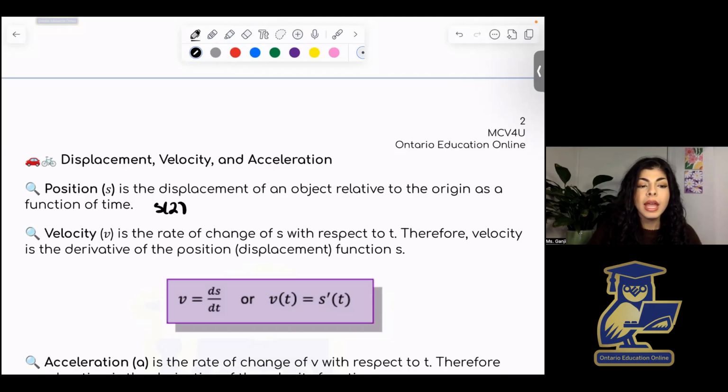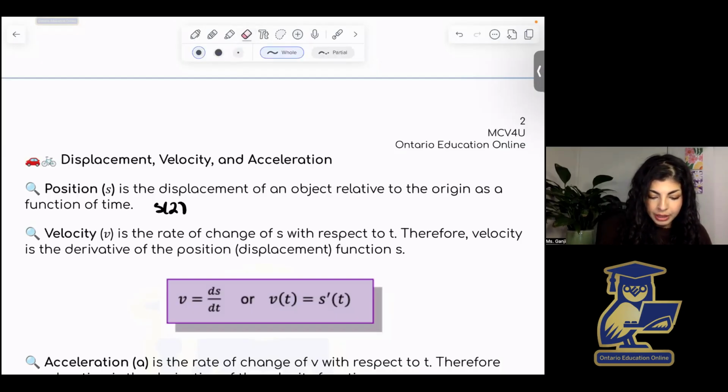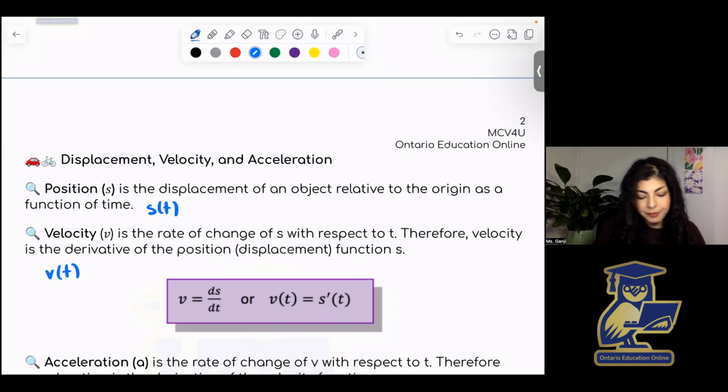Now, velocity is the rate of change of displacement with respect to t, because again, that's our input variable. So maybe let me write that here. This is really s of t as a function, and then this one would be v of t. And so velocity is actually also the derivative of the displacement function s, because we're pretty much saying, so you've